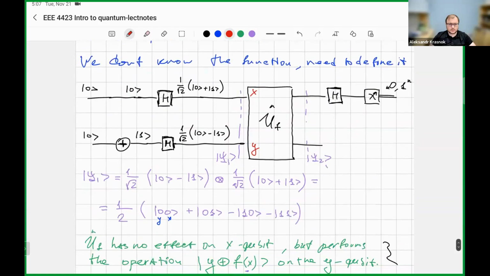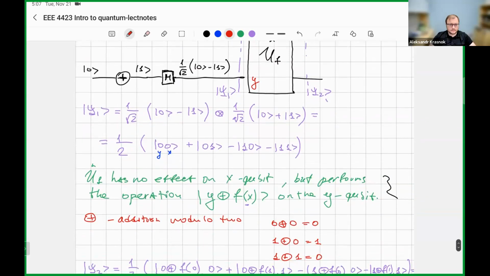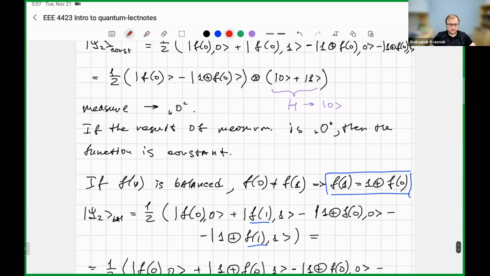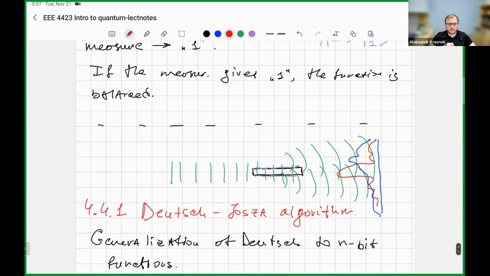The classical approach requires two calls. The quantum one, in this very simple scenario, requires just one call. And we discussed how this algorithm works in some detail,